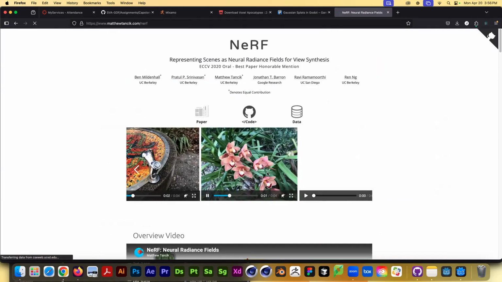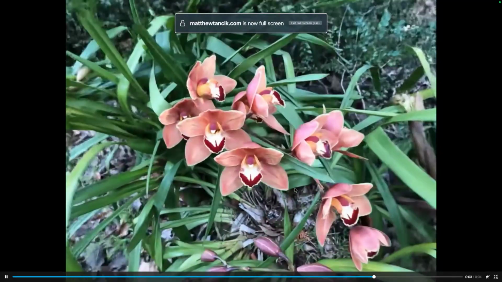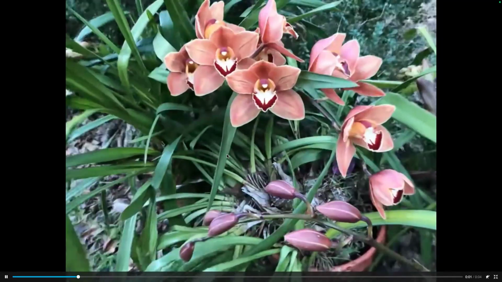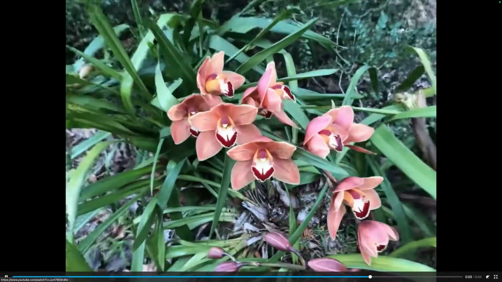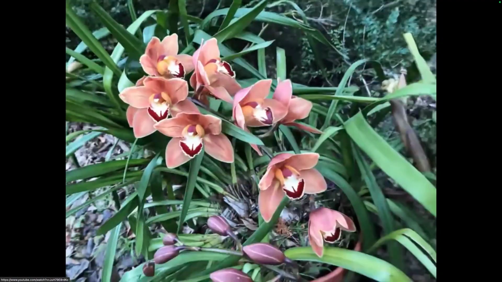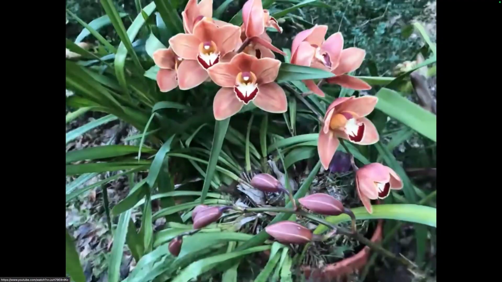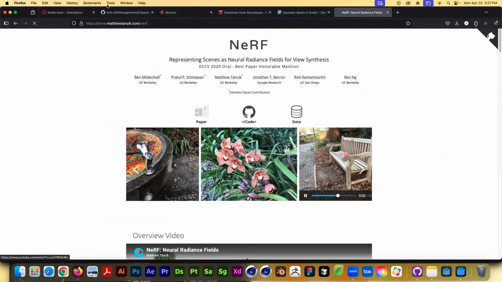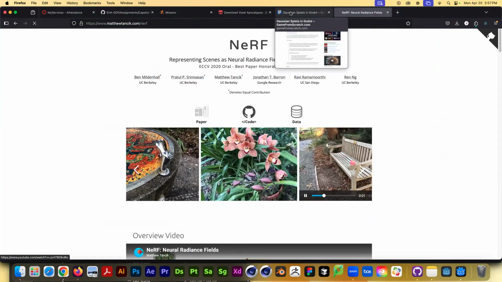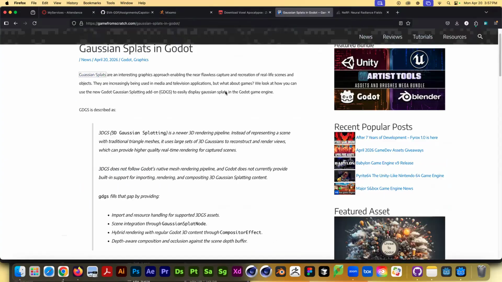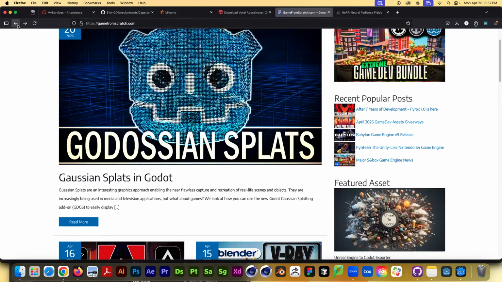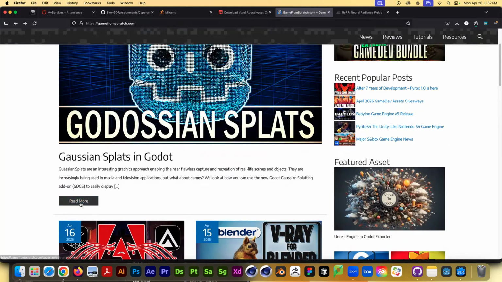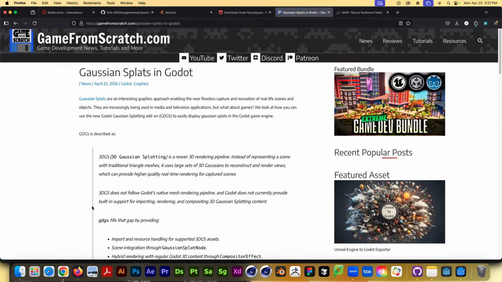Oh gosh, there's a bunch of complicated stuff. But if you see these examples, this is a photo that then got scanned and turned into 3D, and it's essentially a way to have really realistic looking 3D that would be very hard to model, but to actually have that working pretty quickly. It's a cutting edge new way of working with 3D data, and in a very exciting development, there's now a really nice plugin for using these sort of objects in Godot. So for starters,